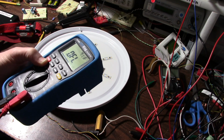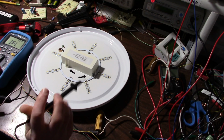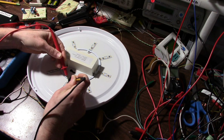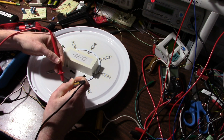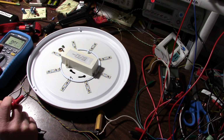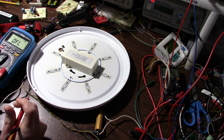Okay, so what I'll do is put the meter in diode mode and check each LED. These are marked positive on one end. Not getting any result. One neat thing with this meter, it has a 15-volt mode, which is great for testing